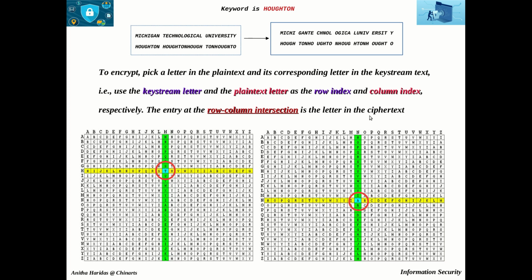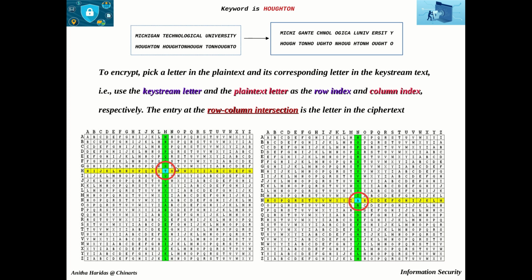For example, now if the plain text character is M and the key stream character is H, we are going to take the intersection of this, which will be T. So T becomes the ciphertext of the plain text M.